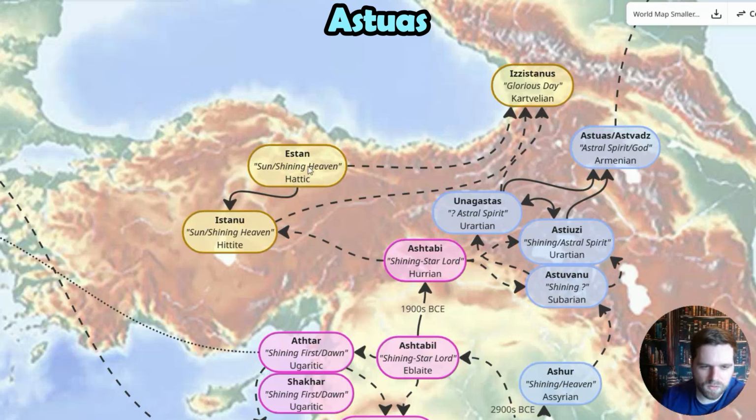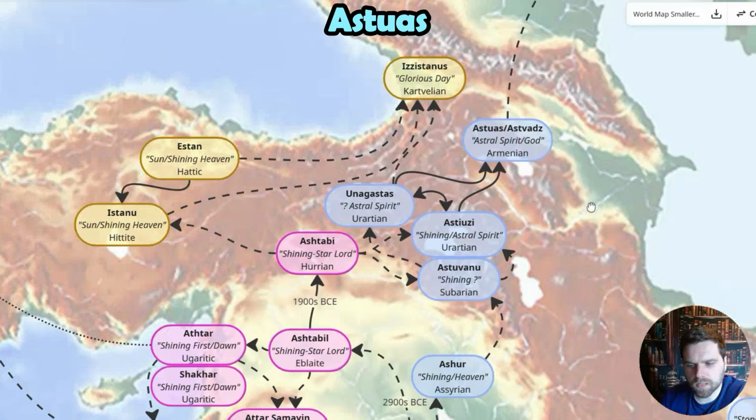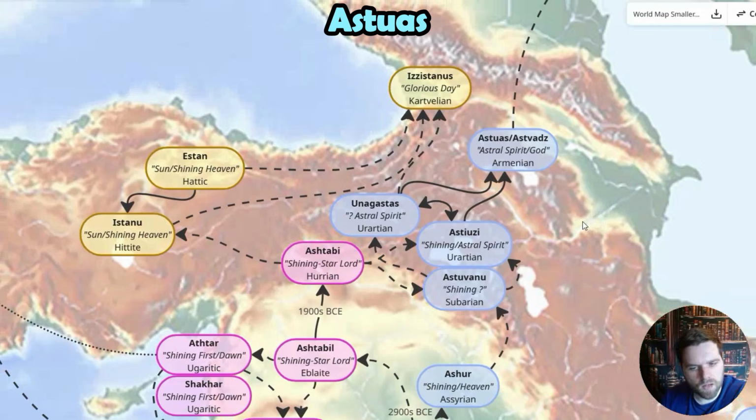To the left, towards Hatti and Hittite, and eventually Caucasian, Kartvelian, and Georgian sources, there is a solar deity with this shining linguistic root, but it is referring to the sun itself as the shining object of heaven. And that, of course, makes sense coincidentally, that it would be the same sounding name as the shining star, because the sun is a star ultimately. At the other side on the right here, with more Armenian or Urartian, there is a deity with this linguistic root that might have more to do with